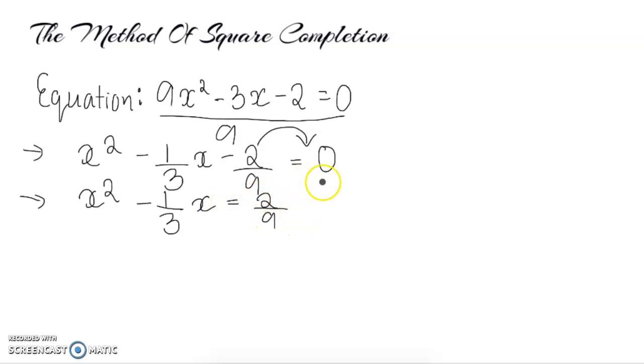Now that that's done, what I'm going to do is take this second term over here. I have this bx over here, minus